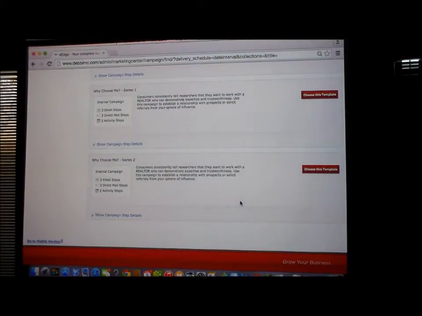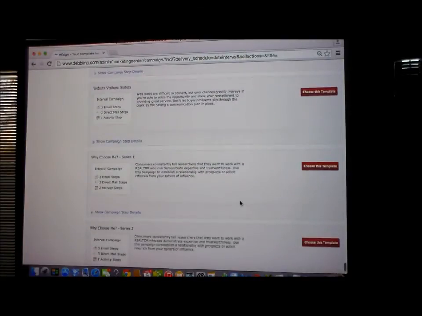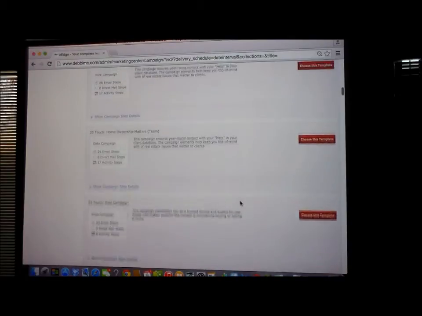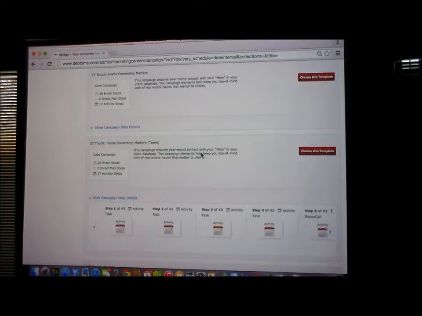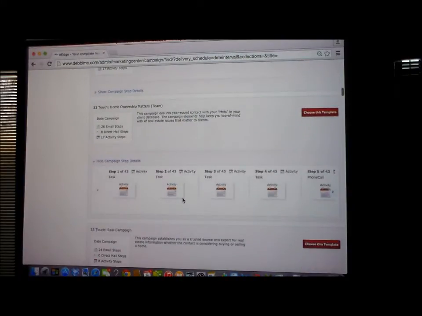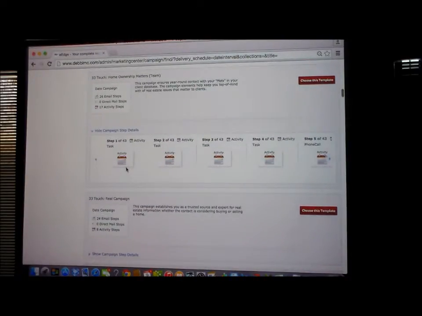Now, our 33 touch, I blew right past it apparently. There we go. Here's one. So it's a year-round campaign for your Mets, for the people that are in your database, and really easy to set up. You can take a look at the campaign, see if you like that style. If you do, it shows you what activity is supposed to happen. So you've got a task, a task, a task, a task, a phone call,